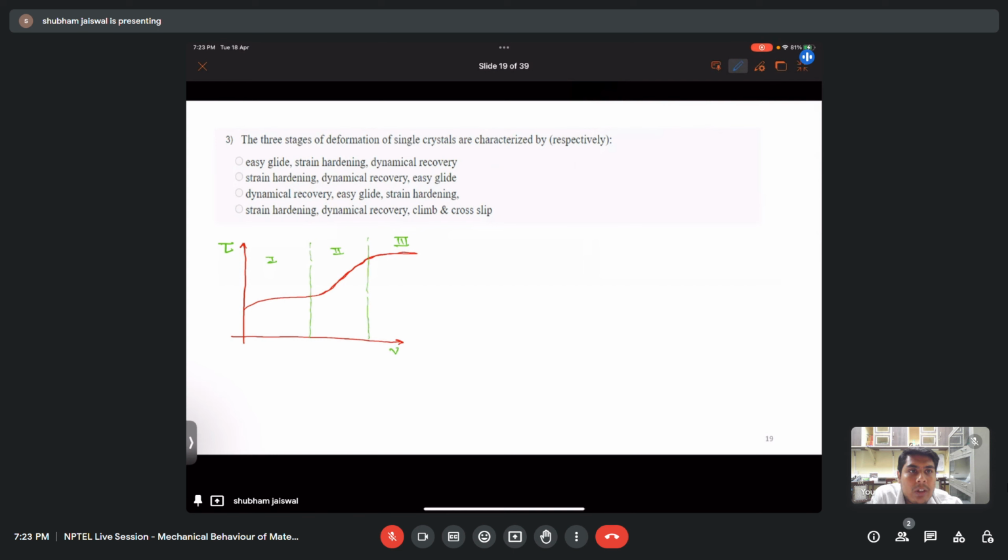It means the dislocations are easily moving in this stage. So this stage 1 is nothing but the easy